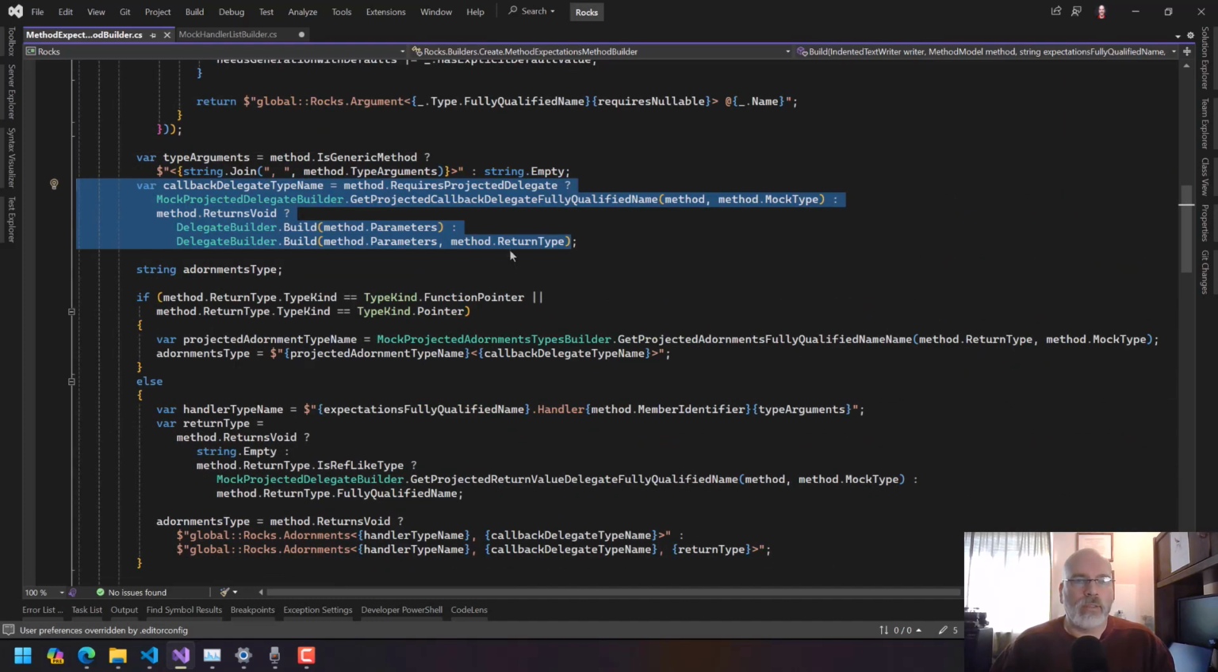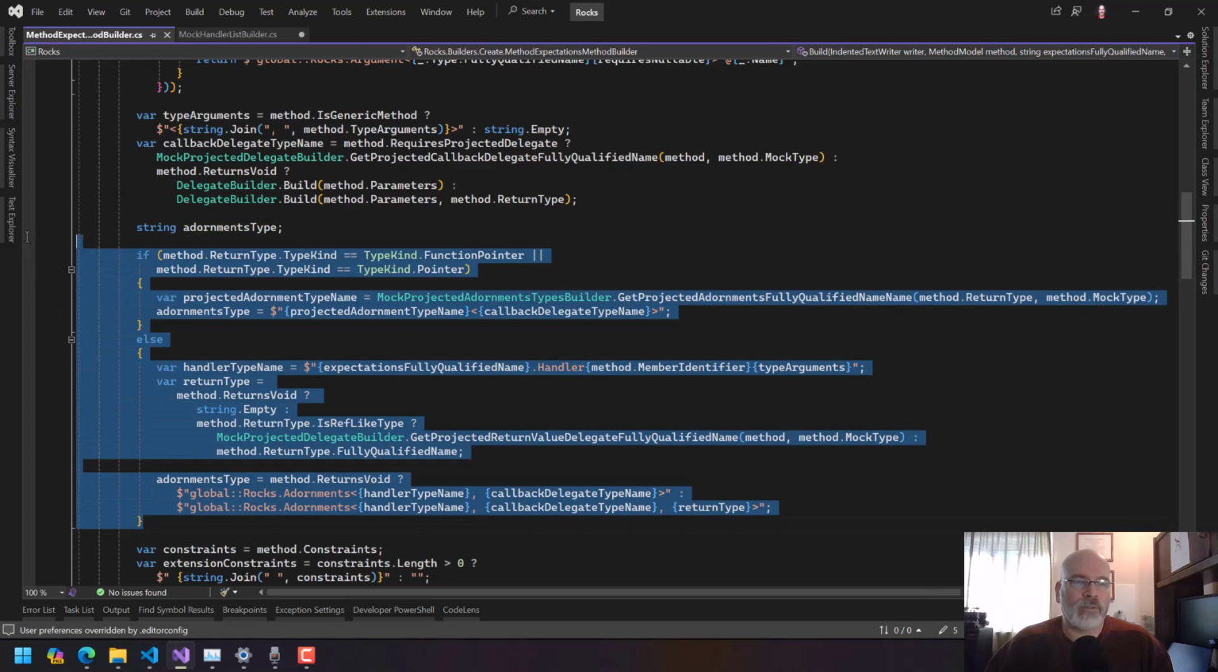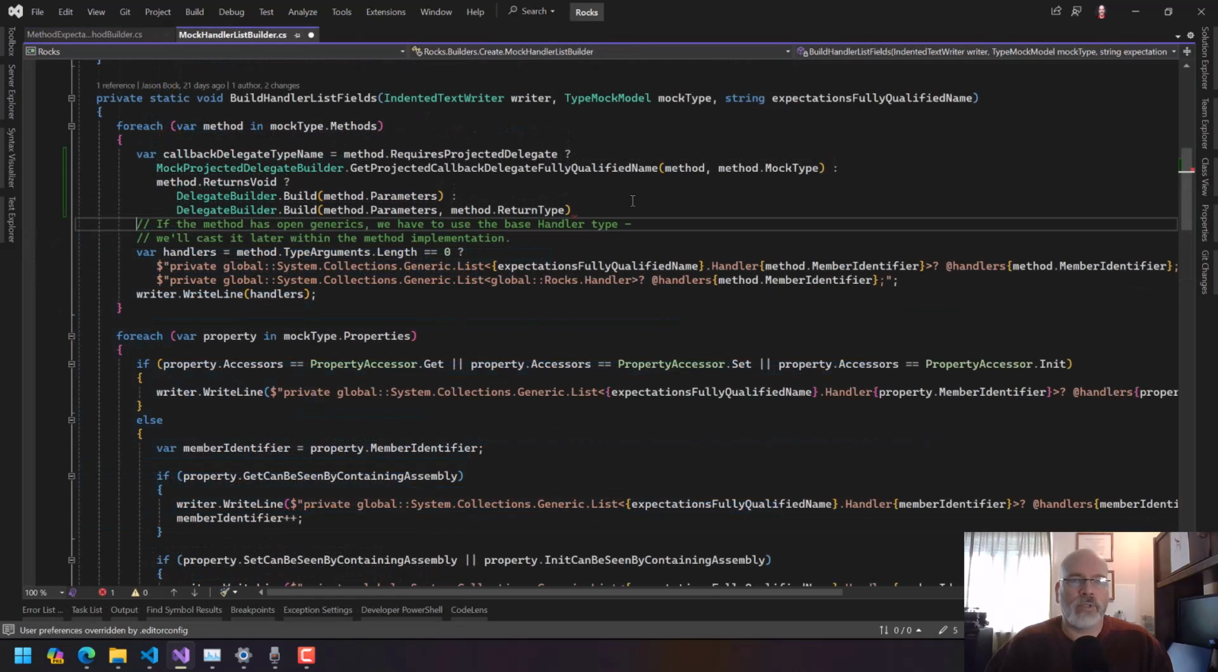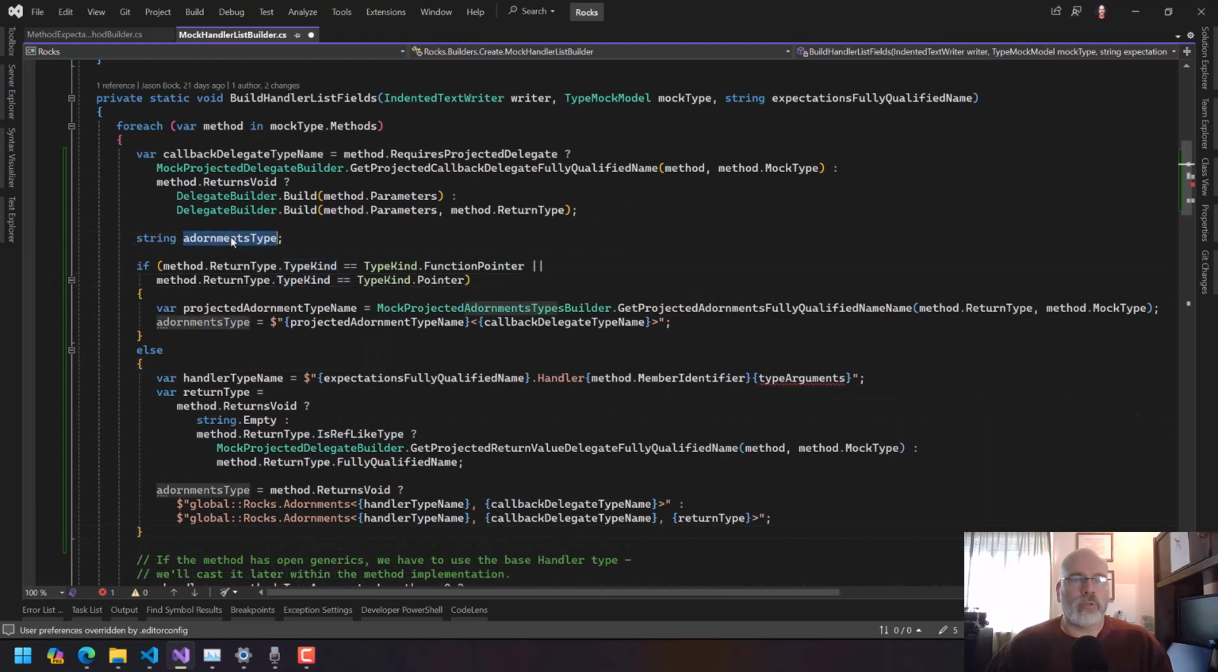And then we need to get, if the return type is a function pointer or a function, we're actually getting the adornments type here. This would actually probably be called the handlers type now. So we want to do something similar here, but not quite the same thing. It's funny how you do one thing and it just goes everywhere. We're going to call this handlers type. Except here we need,